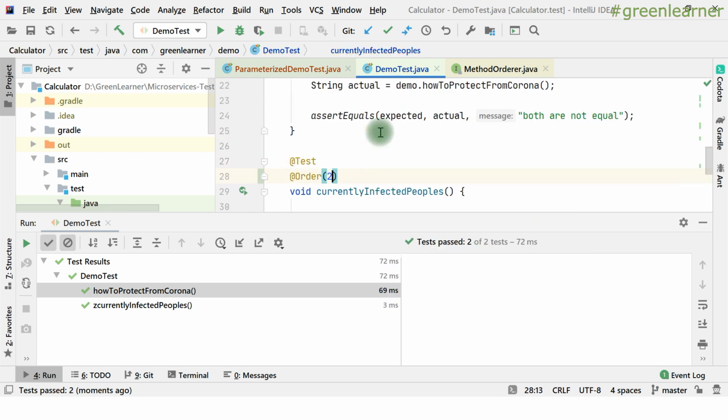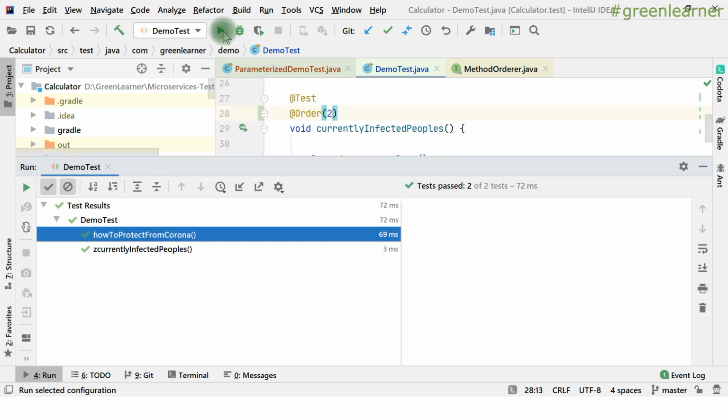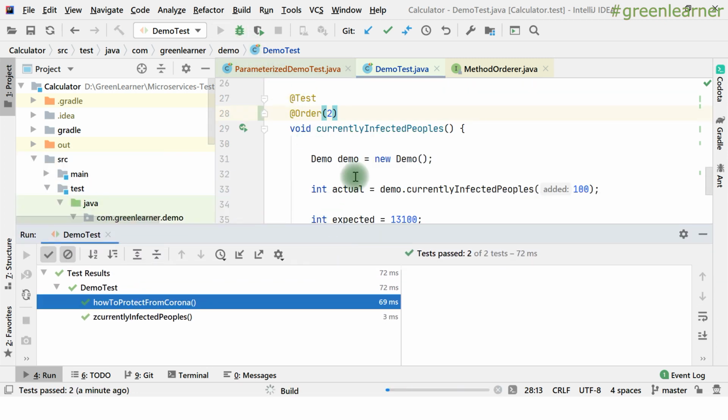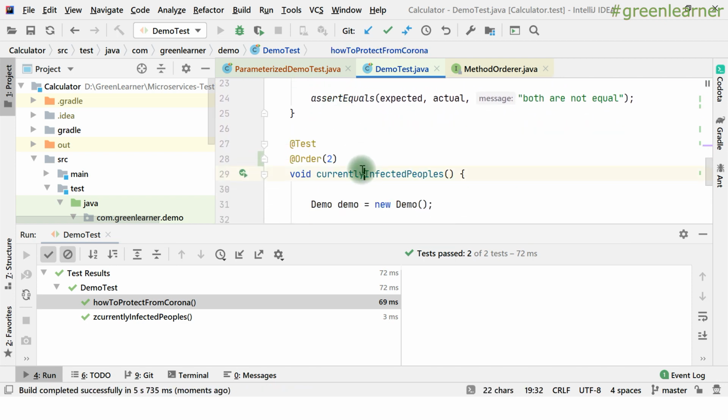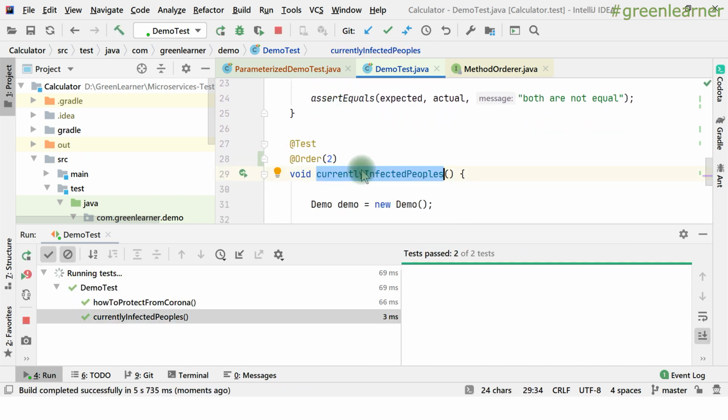So this will be 1, 2, 3, 4. First 1 will come first, 2 will come second, and 3 will come third. So this will be in ascending order, the order that you have given, right? If I execute this, first we will see this one, then this one, order 1 and order 2, right?